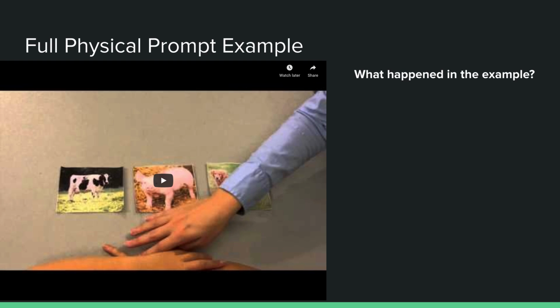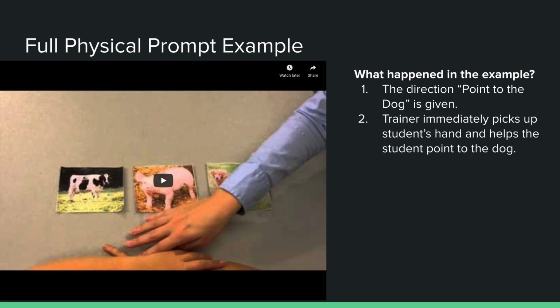Okay, so what happened in the example? The direction, point to the dog, is given by our trainer. The trainer immediately picks up the student's hand and helps the student point to the dog. So they didn't wait. After giving the direction, they just went ahead and prompted them immediately, which is good because especially when you're teaching a new skill, we're going to go ahead and help them from the beginning so that they pick up on what we're asking them to do from the beginning, and that it basically reduces the chance